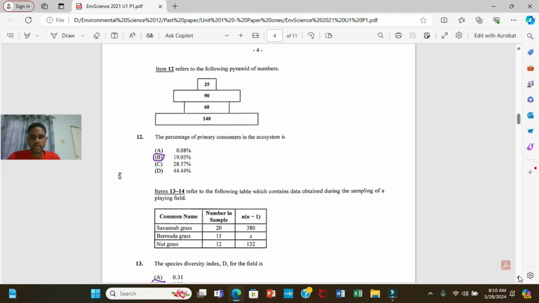Item 12 refers to the following pyramid of number 25, 90, 60, 140. The percentage of primary consumers in the ecosystem is. The answer is B, 19.05. And